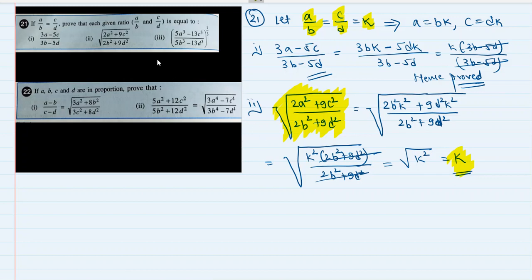Now I want you to try the third one. And I'm not going to solve it for you. Why? Because it's a solved example. So I want you to try it on your own. Don't copy anything from anywhere, not even from the textbook. If you're getting a wrong answer, if you're not getting K, then definitely I will help you. You can take help from the textbook a little bit. I want you to pause this video right now and try the third one of question number 21.